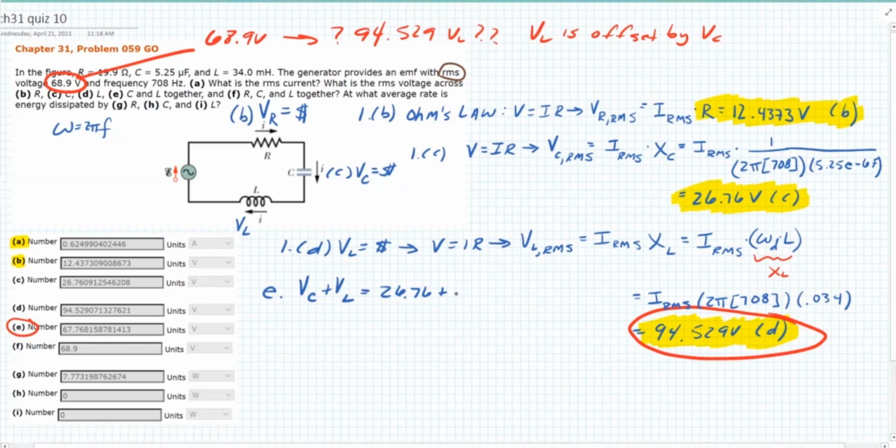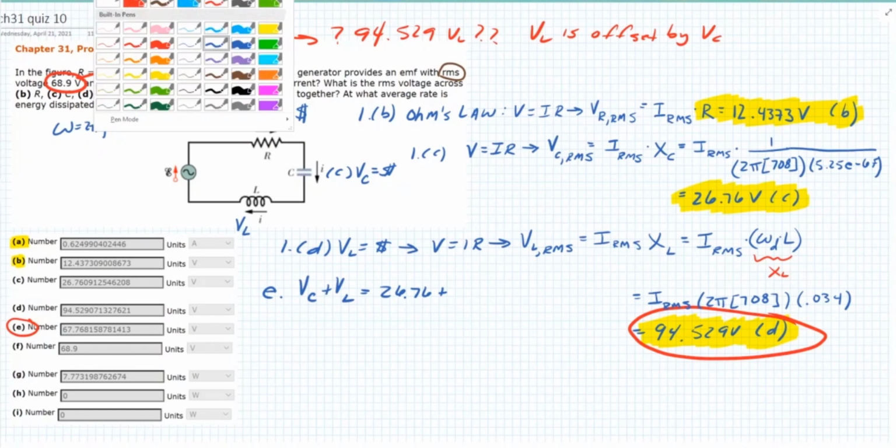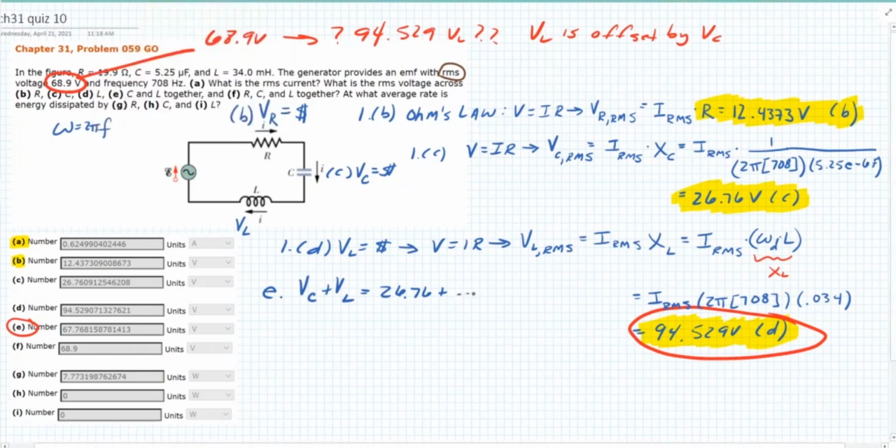Do I add them? These are offsetting. So I actually have to say this. Wait, whoa, Nelly. Whoa, Nelly. Wait, because I forgot that